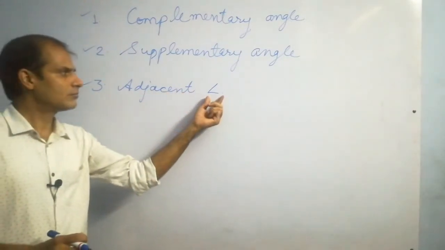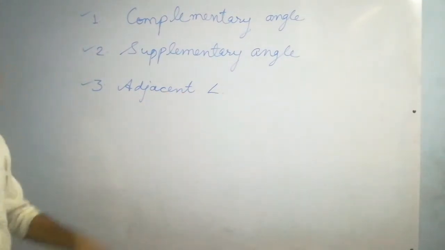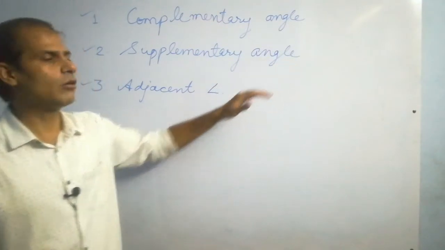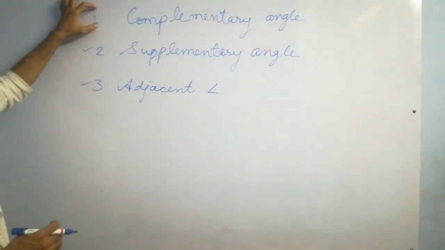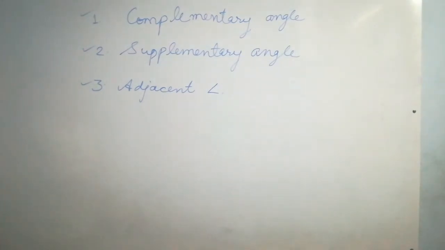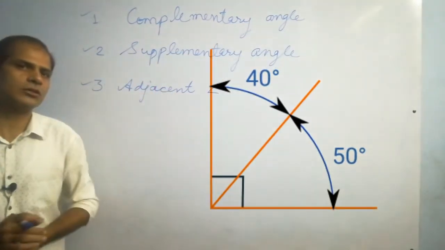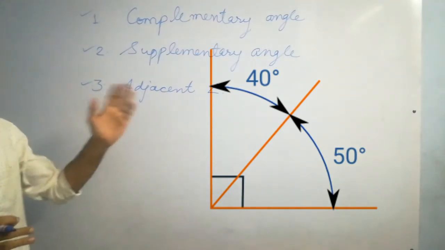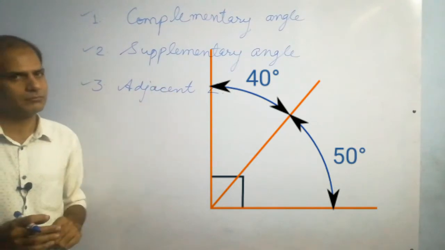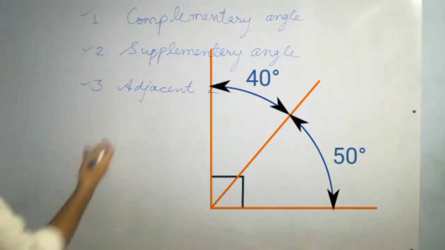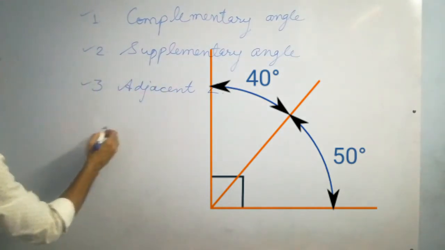This is the symbol for angle. So you can write in this way or in this way. Okay. So we take this one first. What is complementary angle? As you can see, this diagram shows complementary angle. Now what is the special? What is there something special in this diagram? Yes, I tell you. Complementary angles means if